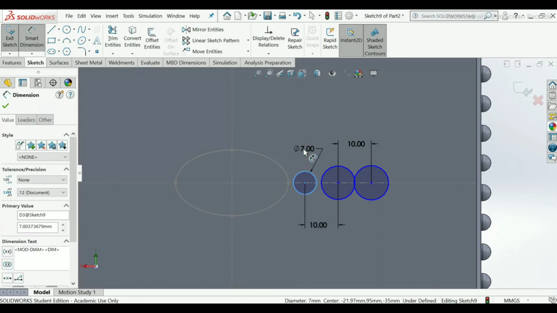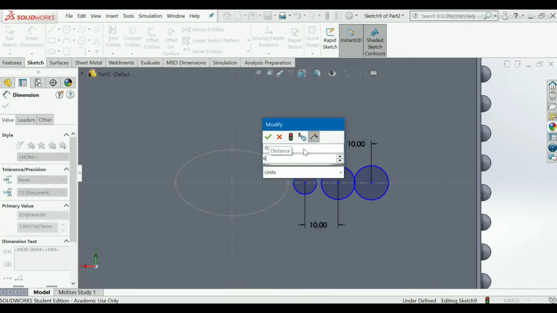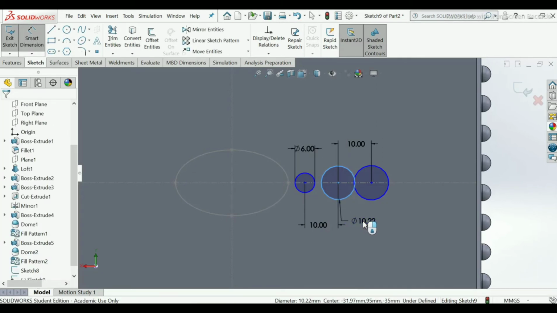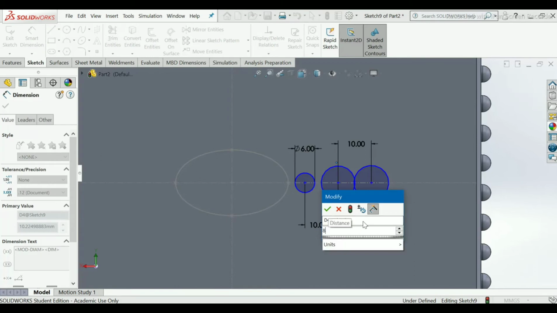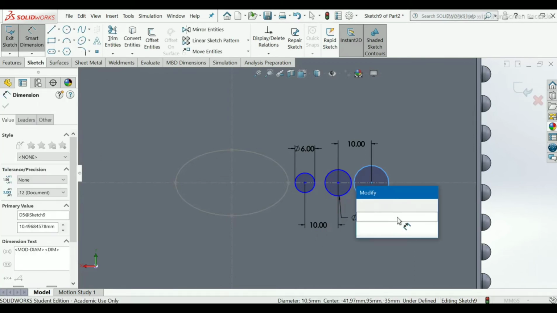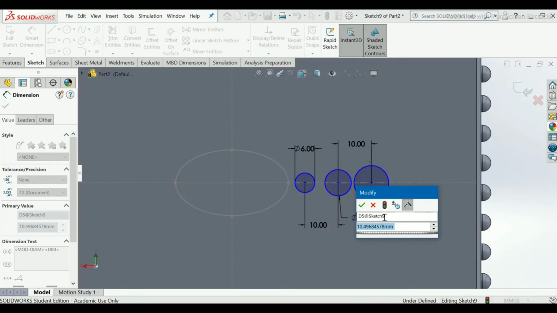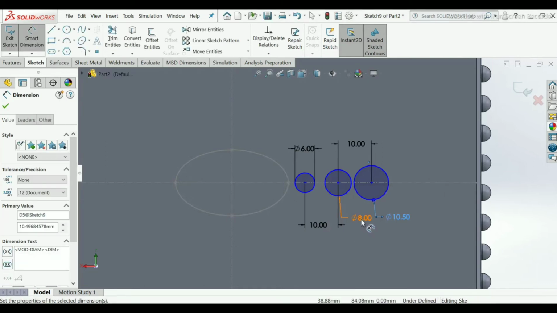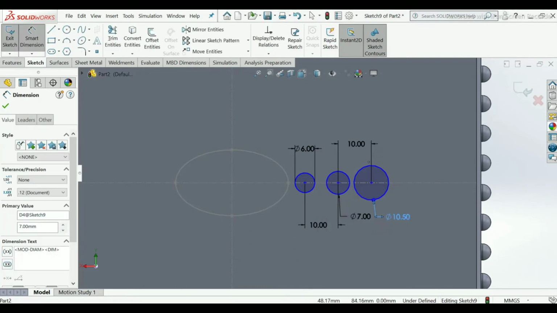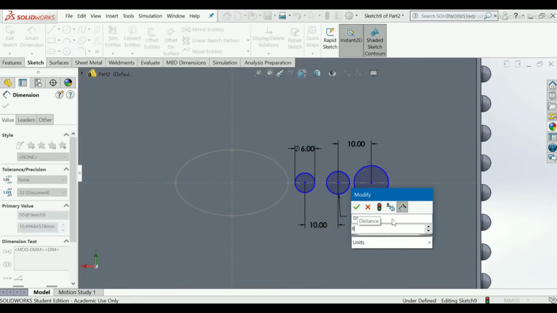Give diameter as first circle will be 6, second will be 8, no, actually second will be 7, last will be 8.